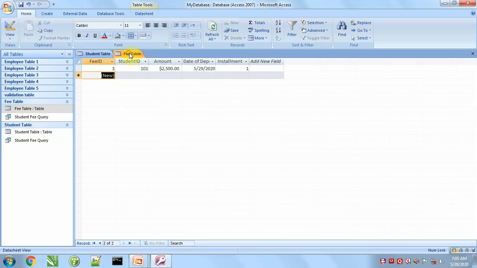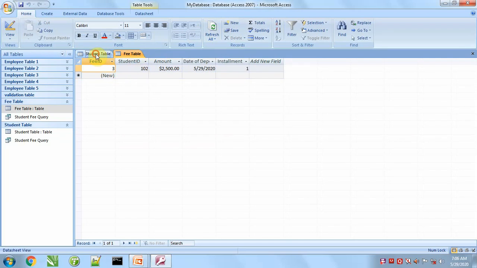On the basis of this ID we filled a record here. If I change this student ID, updating it to 102, then this update will show its effect automatically here.